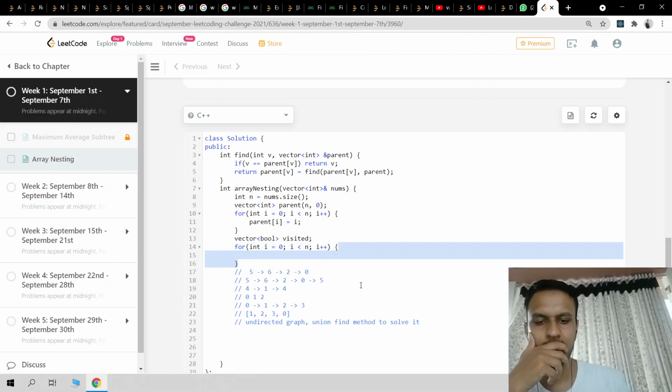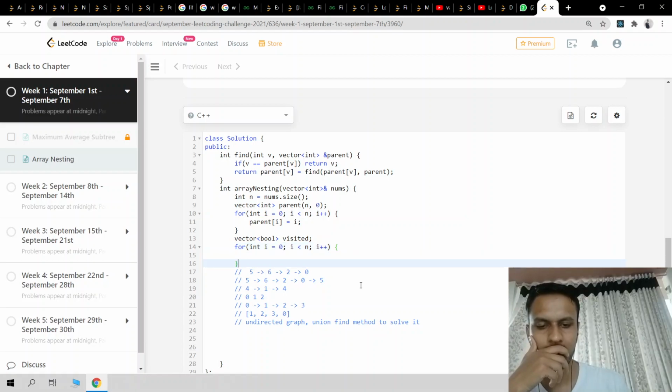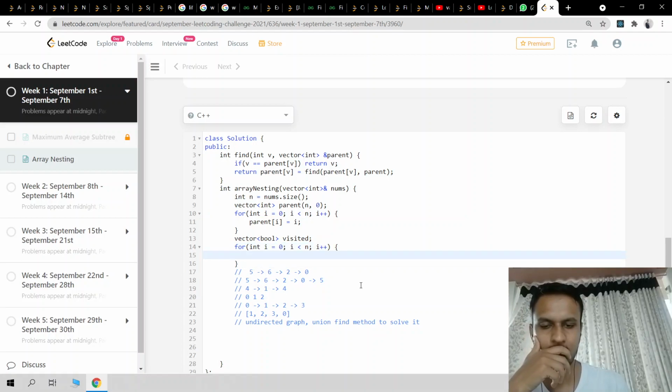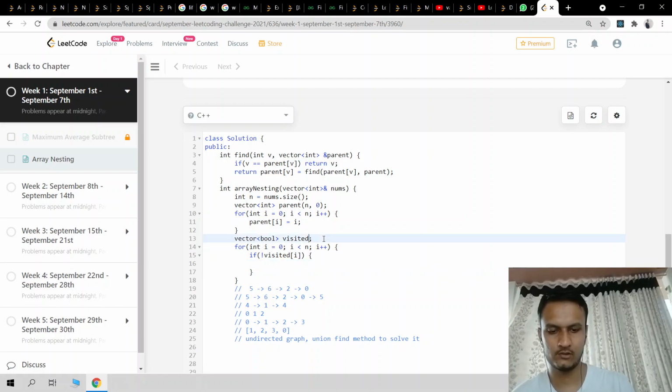So for int i equal to 0, i less than n, i plus plus, I will check if not visited of i. I have to declare the size here also, n comma false.